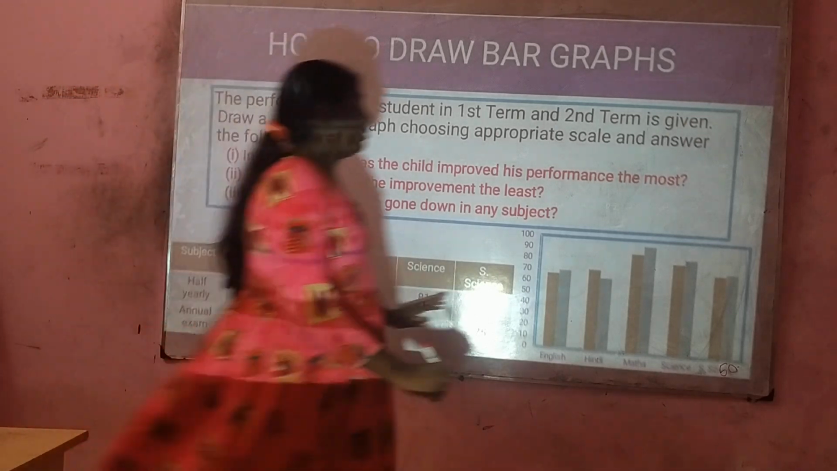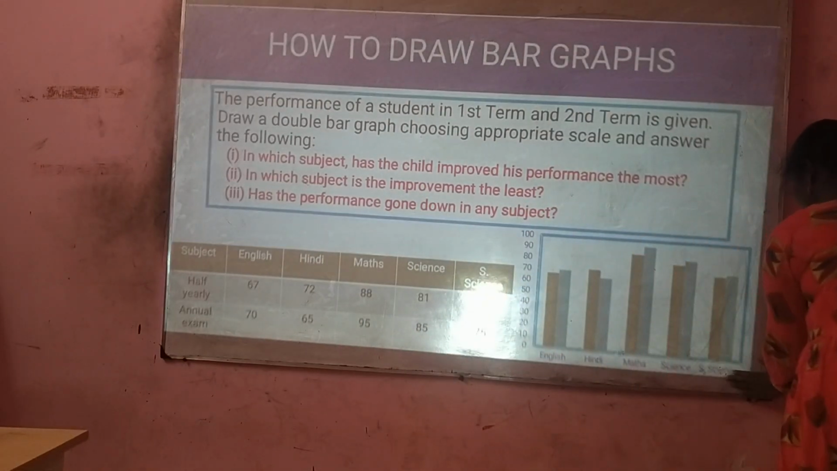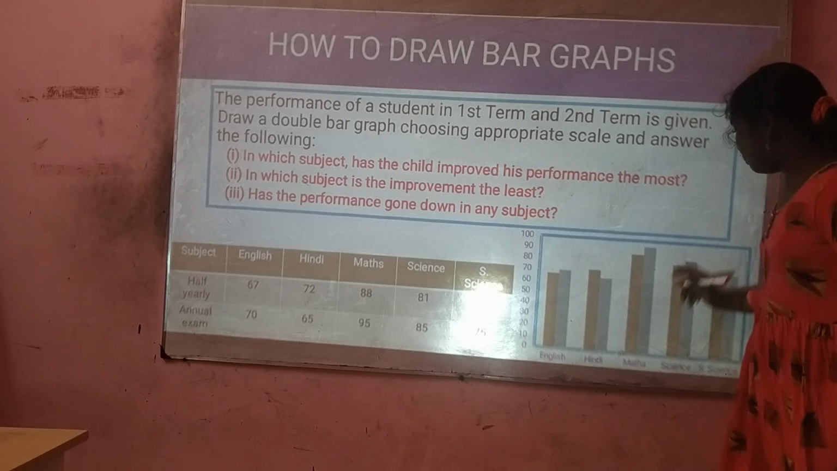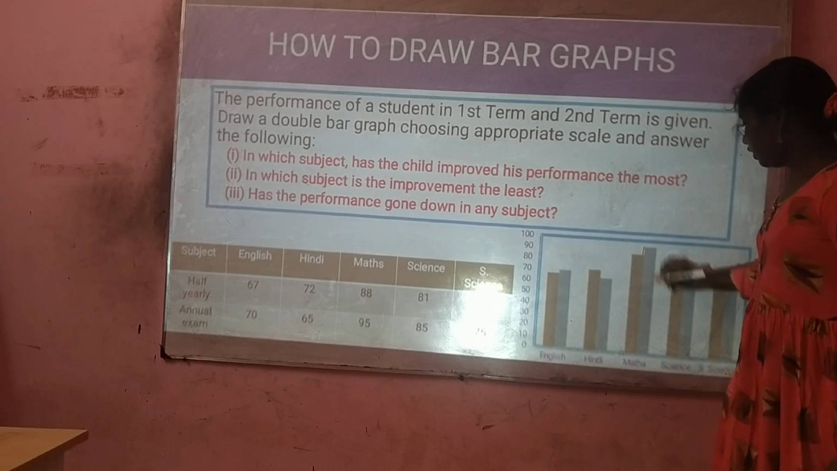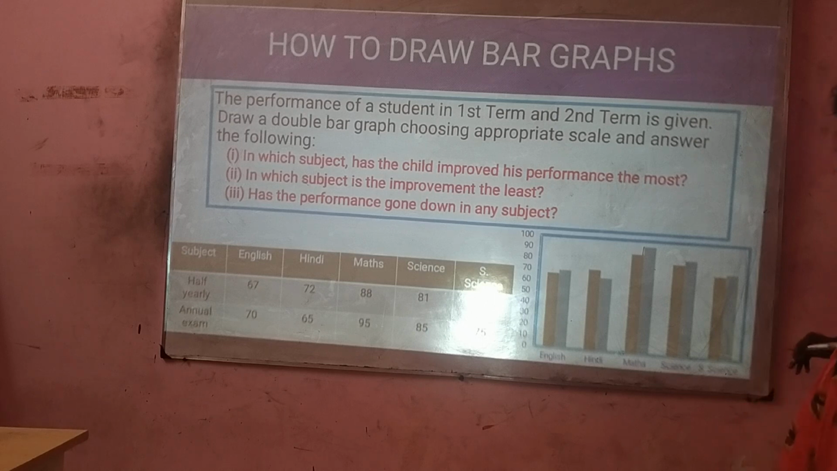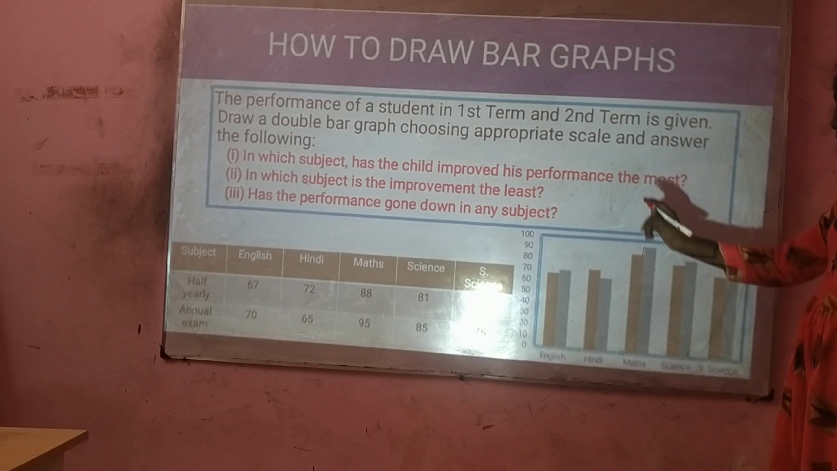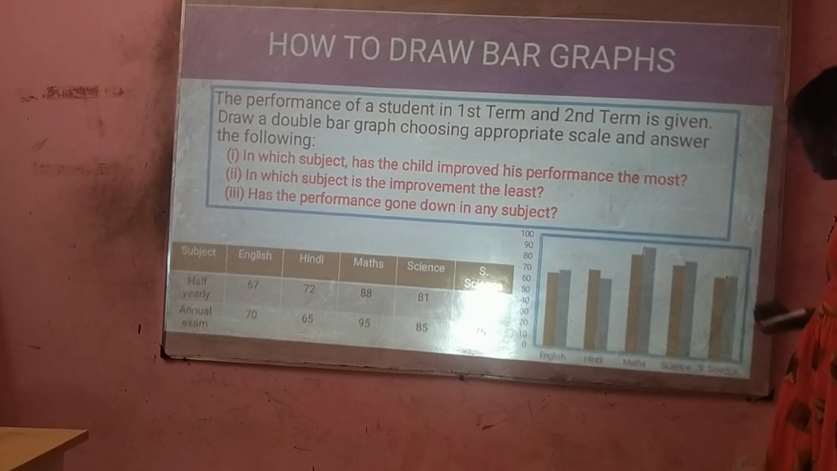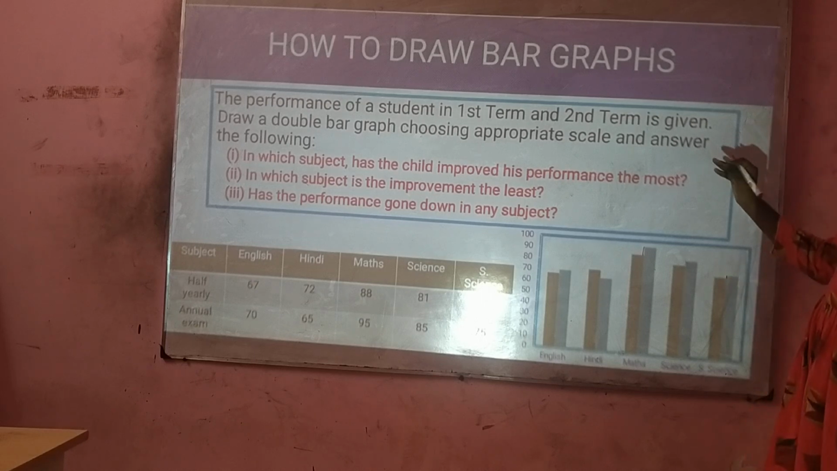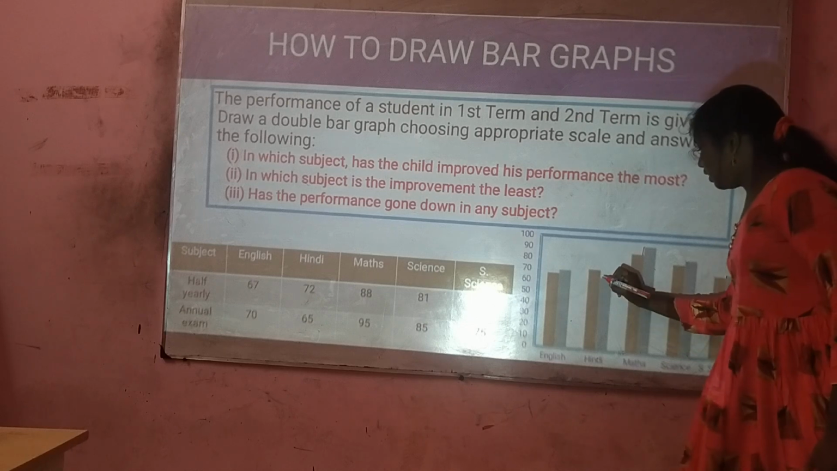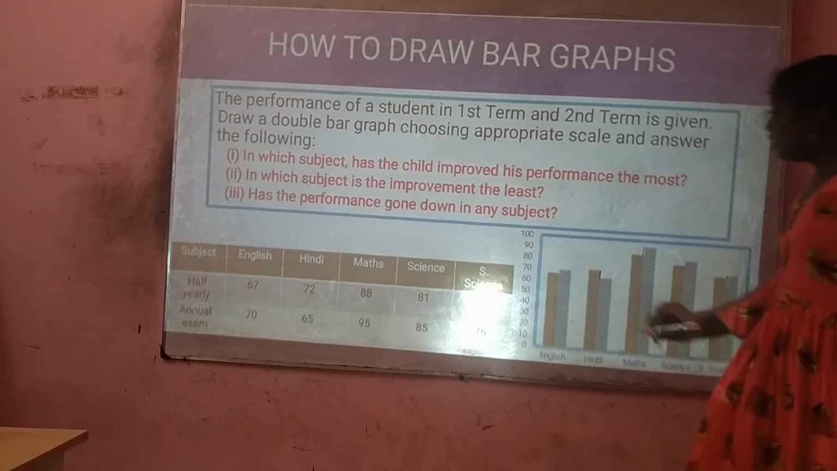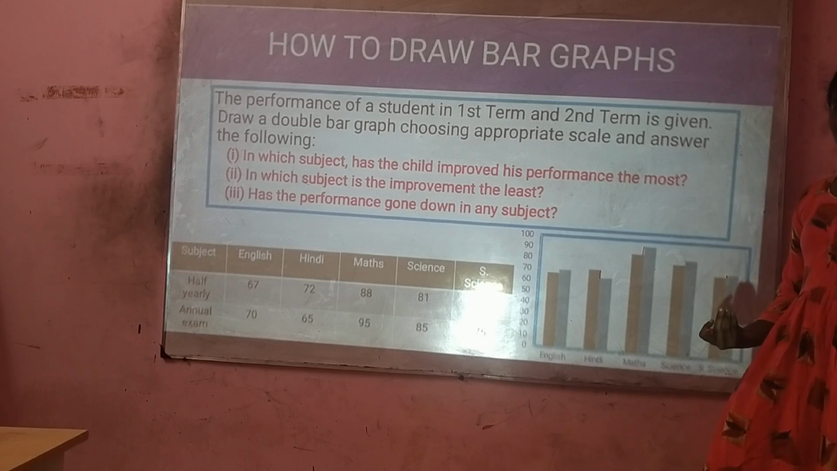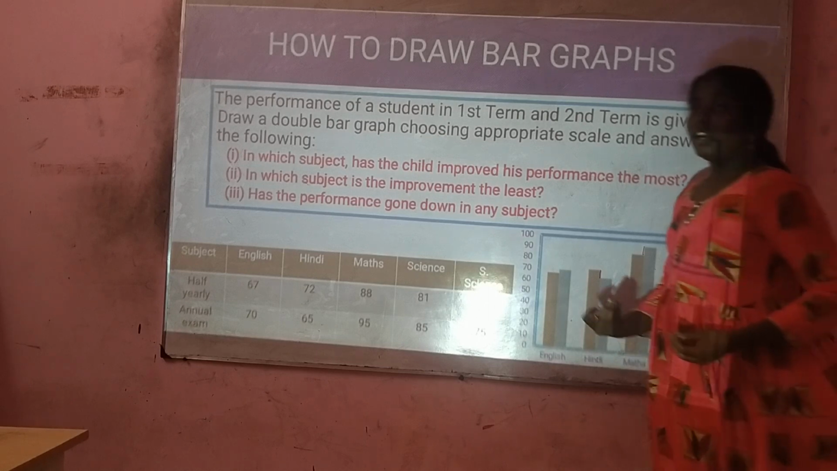So in the double bar graph, we can see that the child's performance has gone up in Math a little bit. And the least improvement, I think, is in Social Science. And the performance has gone down in Hindi. So this is also an effective way to evaluate scores of students in